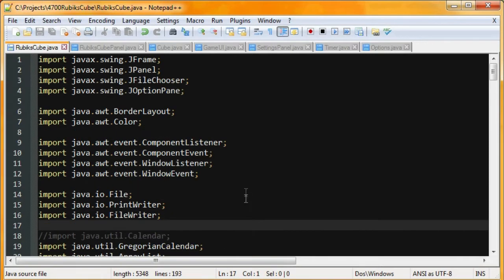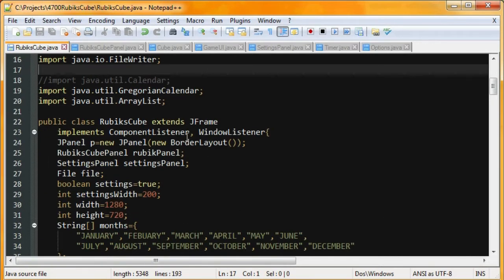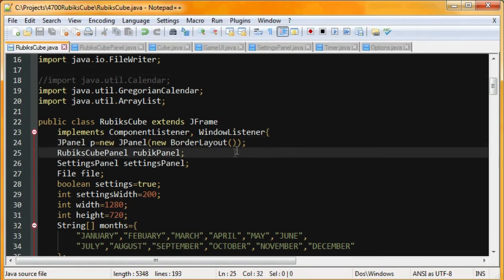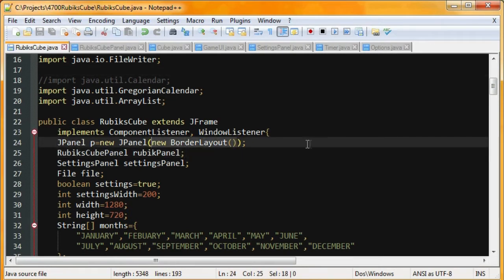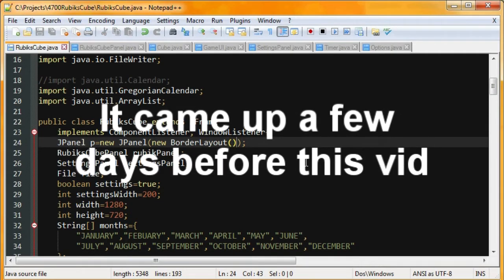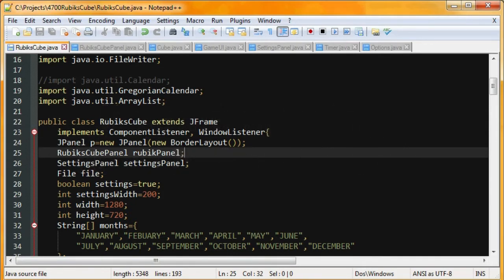I import a bunch of stuff, don't let that scare you. You know, JPanel, I always have a basic JPanel. BorderLayout is a type of layout. Layouts are a way to organize your components, and BorderLayout is a specific type, which worked out nicely in this case. I'm actually making a tutorial on BorderLayout. I'm editing it now. It should be up tomorrow, maybe the day after that, if you're interested in learning about that. Okay, so if we go back to our program,